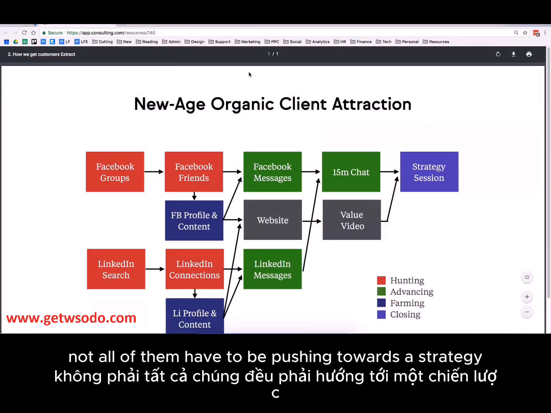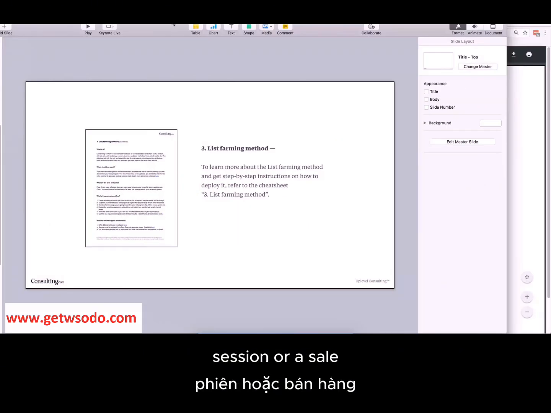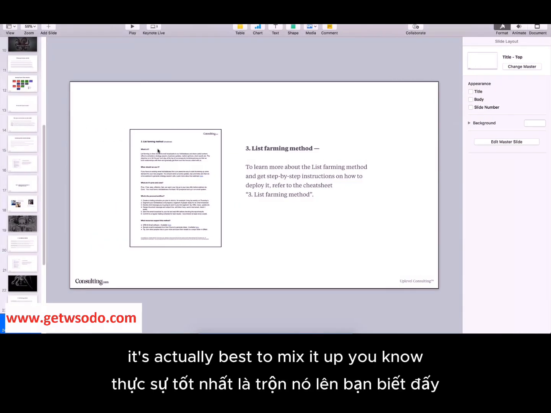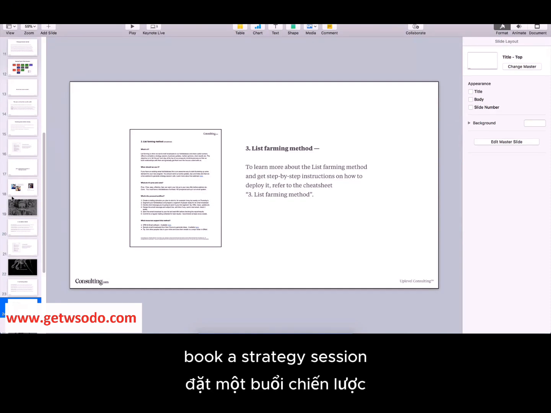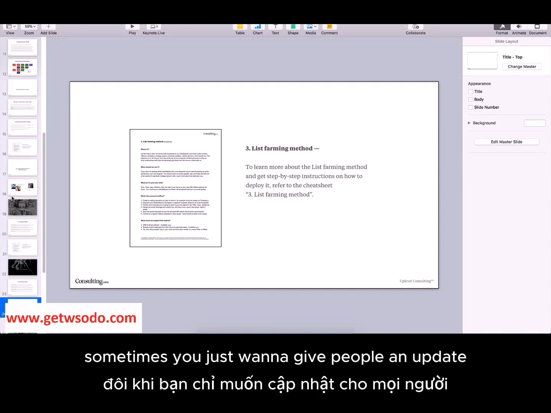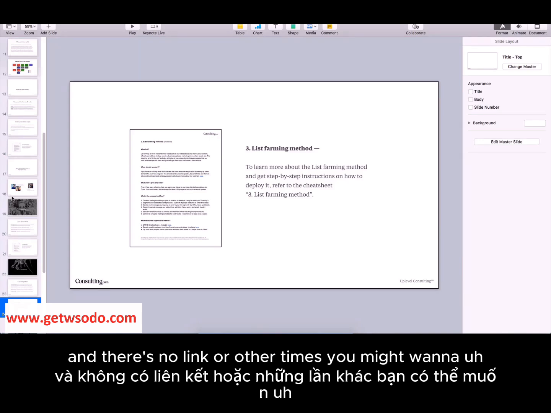Not all of them have to be pushing towards a strategy session or a sale. It's actually best to mix it up. You don't always want to be going, book a strategy session, book a strategy session, book a strategy session. Sometimes you just want to give people an update and there's no link. Or other times you might want to